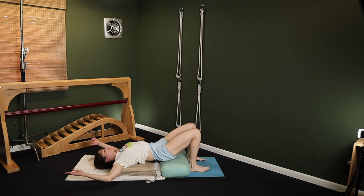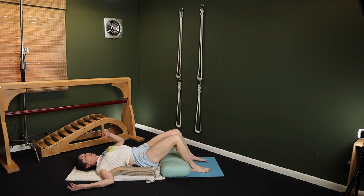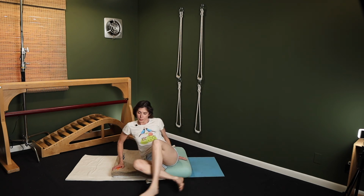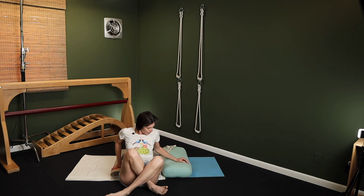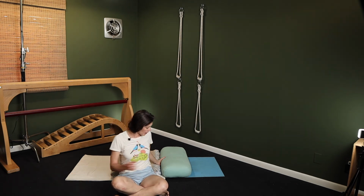Once your hips touch down, bend the knees, feet on the floor. Roll the shoulders back and rest with the shoulders on the ground. Okay, and then roll yourself onto the right hand side. All right, so set most of those props aside